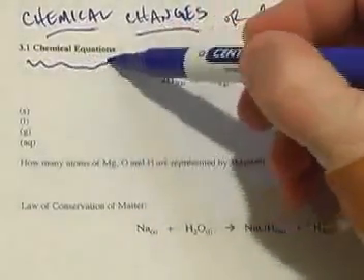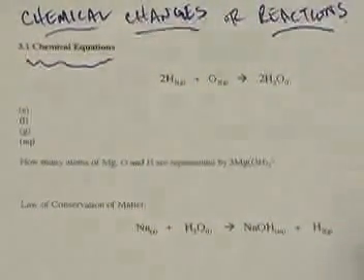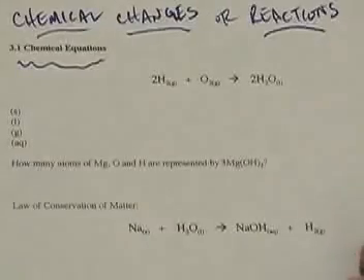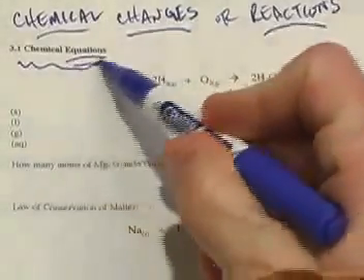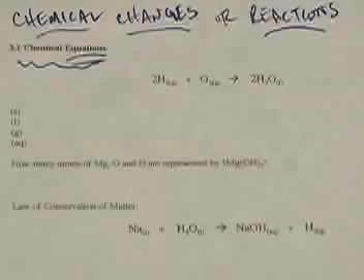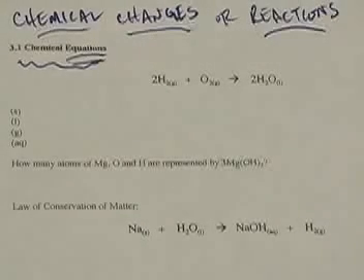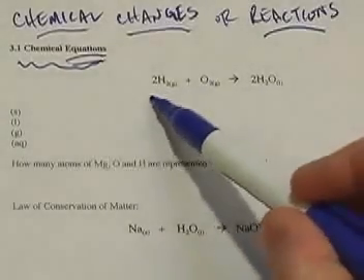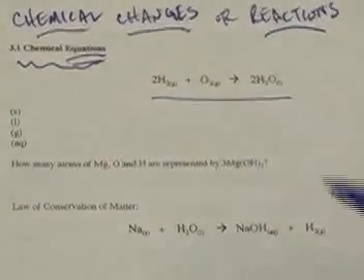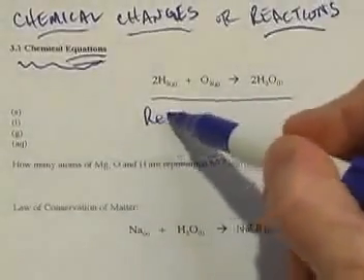First, we'll start with section 3.1 called chemical equations. Chemical changes can be represented by what's called a chemical equation. Not a mathematical equation, but an equation that uses symbols from the periodic table to illustrate how the atoms are changed or rearranged. In this example of a chemical reaction, we have things called reactants